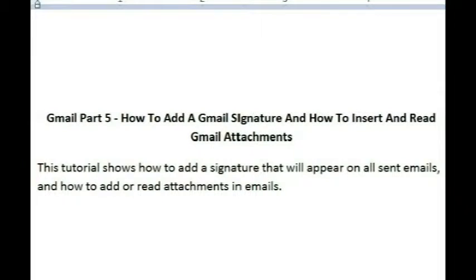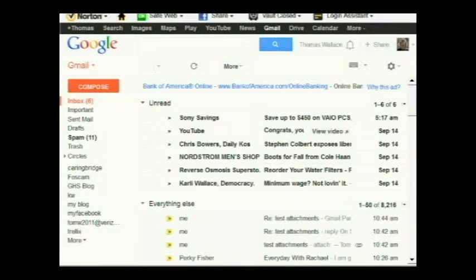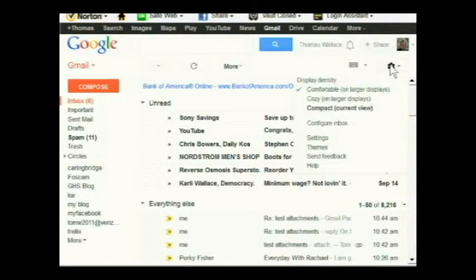Gmail Part 5. How to add a Gmail signature that will appear on all sent emails, and how to insert and read Gmail attachments. To set up a signature, you click the Settings gear wheel, then click Settings,